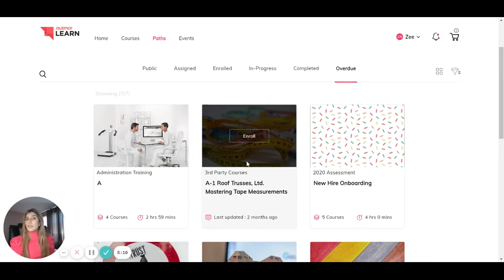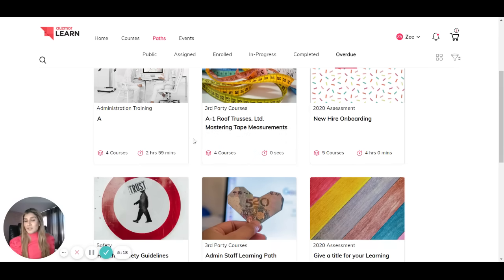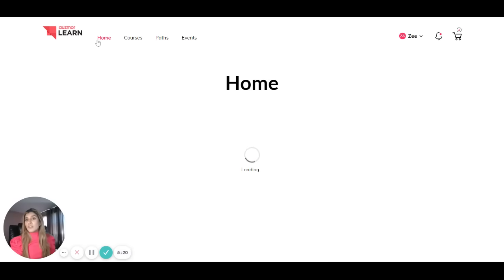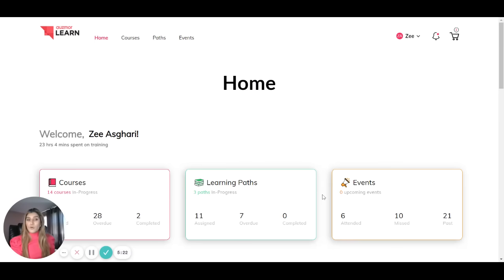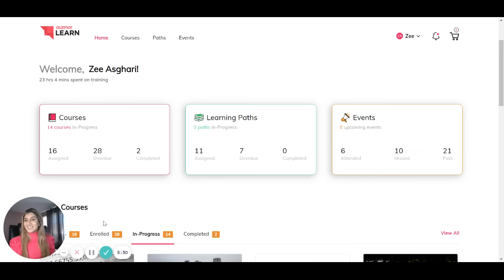So that's probably something you want to make sure as a learner that you're looking at when you're logging into your dashboard. And if you see any of your overdues, for instance, that are marked, let's say I have 7 paths overdue and I have 28 courses overdue, those are some things that you want to look at as well. I hope that's a great overview of Auzmor Learn